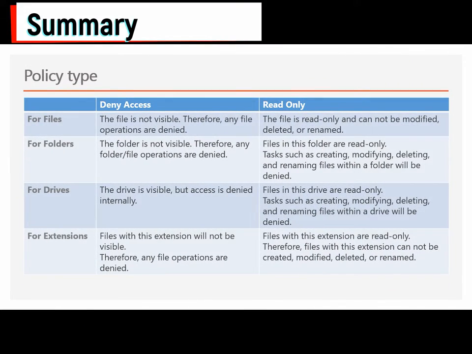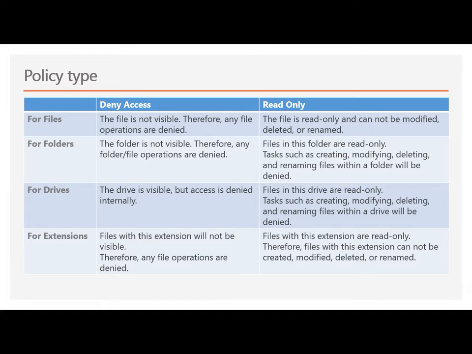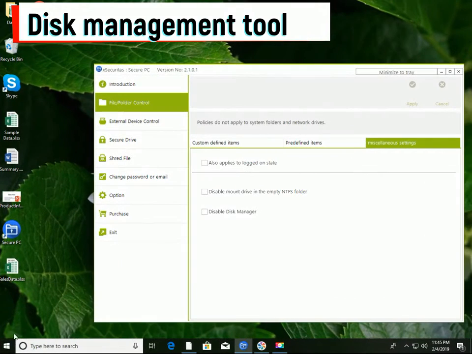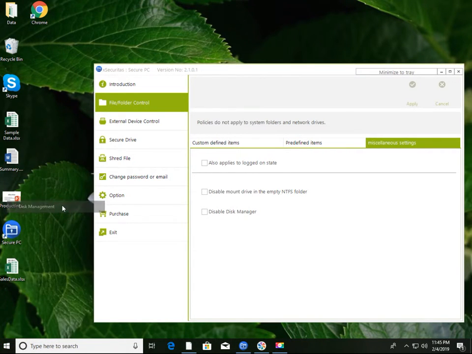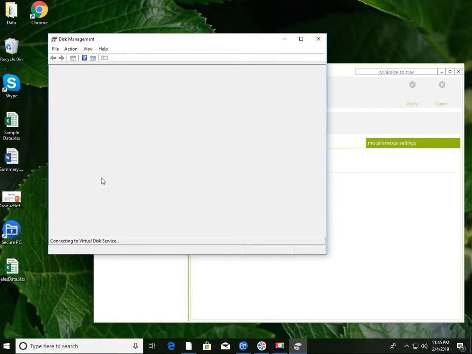How is it? With this program, you can control the operation of files and applications in the PC. This table summarizes what we've covered so far. I hope this helps. Windows systems can change drive letters, etc. by using the Disk Management tool. The Disk Management tool is launched from the Start menu by clicking on the Disk Management menu.